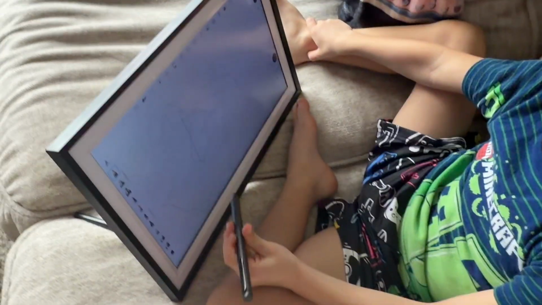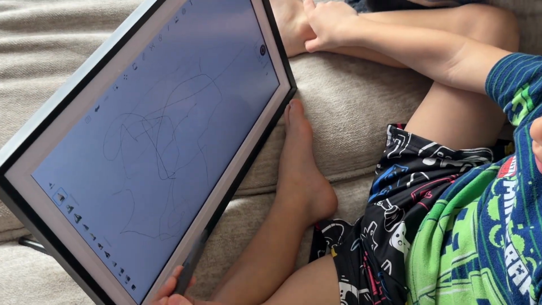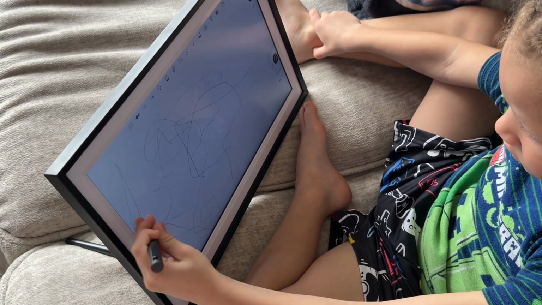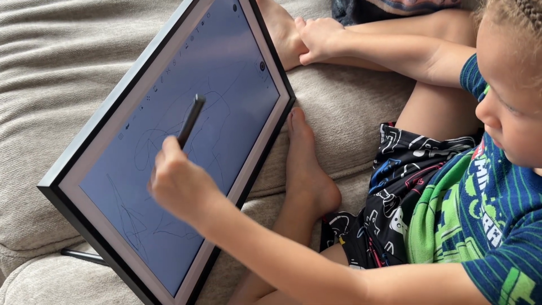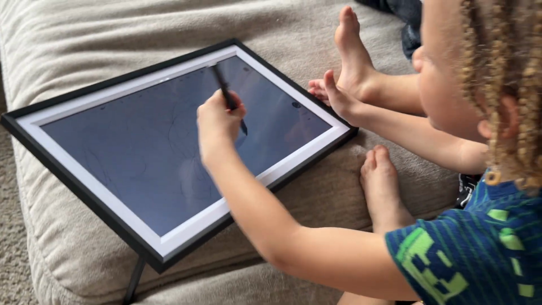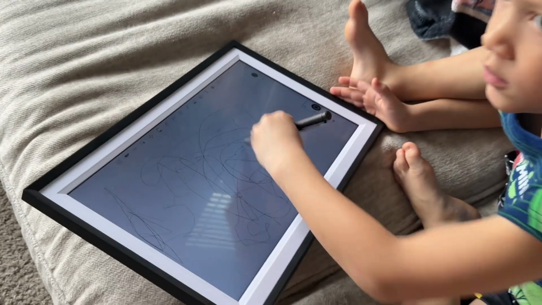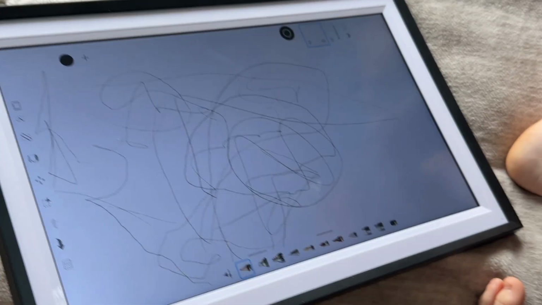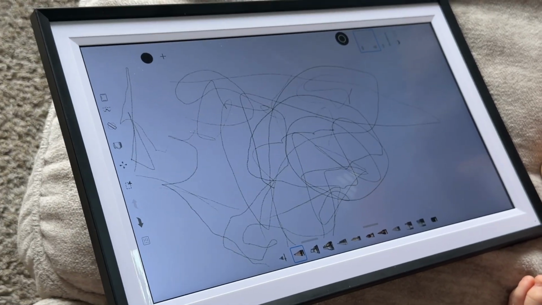You can also bring this on the airplane with you when you're traveling, or your kids can use this because it literally is a very widespread device that is fun for everyone. He's still learning how to color and draw, but it does have this app on it as well